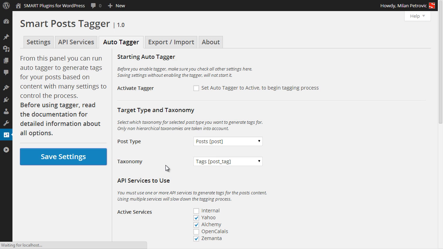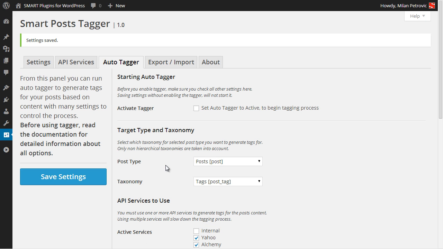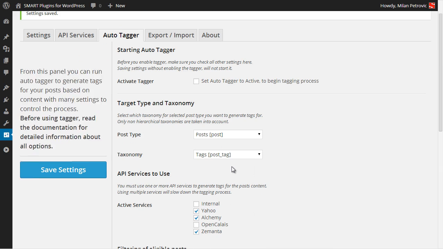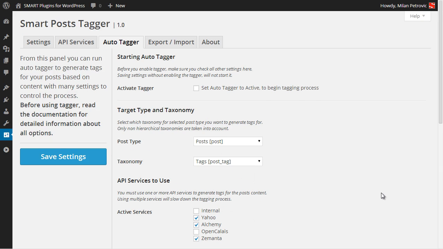When you save settings, tagger will still not start. You have to manually set this option here, but all other settings will be saved for later use. Before you start tagger, you should check out documentation to see exactly how to set it up and how to get the most of it.